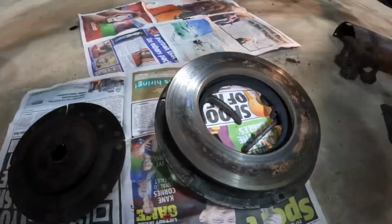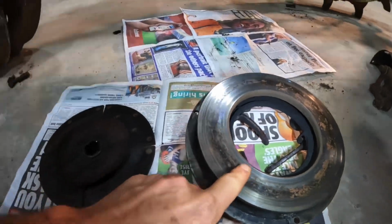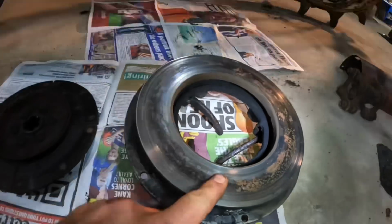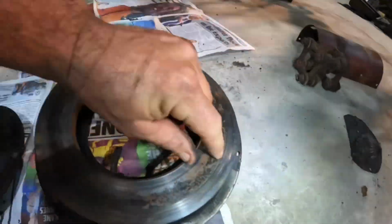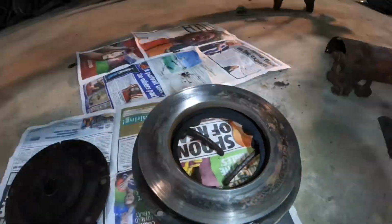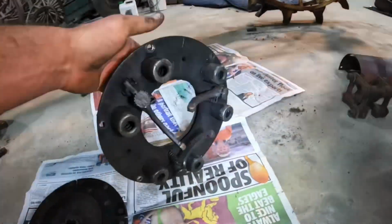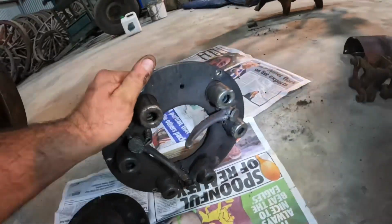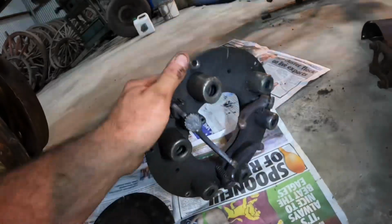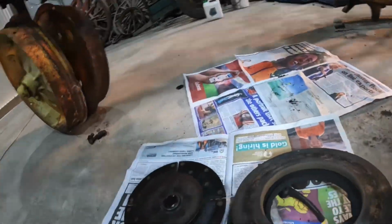The pressure plate, however, doesn't look too bad. It has been caught just in time so that the brass rivets on here haven't marked the surface too much. You can see a little bit of a mark here where they've been rubbing and a little bit here, but nothing too bad. If we turn it over, if we shake it round, everything's tight. There's no broken springs in here that I can see, so we'll reuse that. Put a new